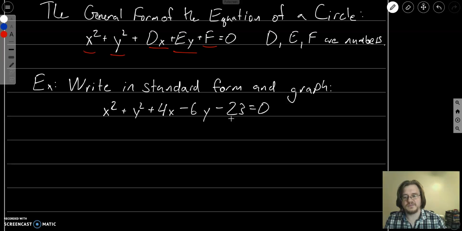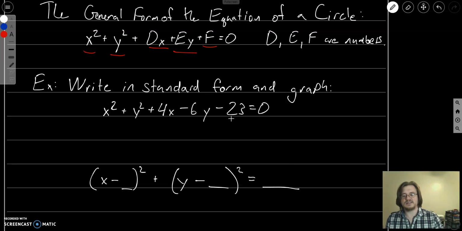So if I write down here what the equation of a circle should look like, well, it should be x minus or plus something squared plus y plus or minus something squared should be equal to something. So all I need to do is fill in these blanks down here in order to get this into standard